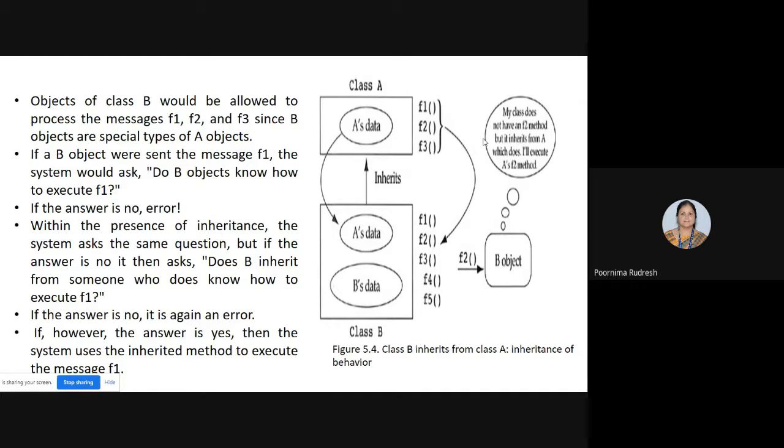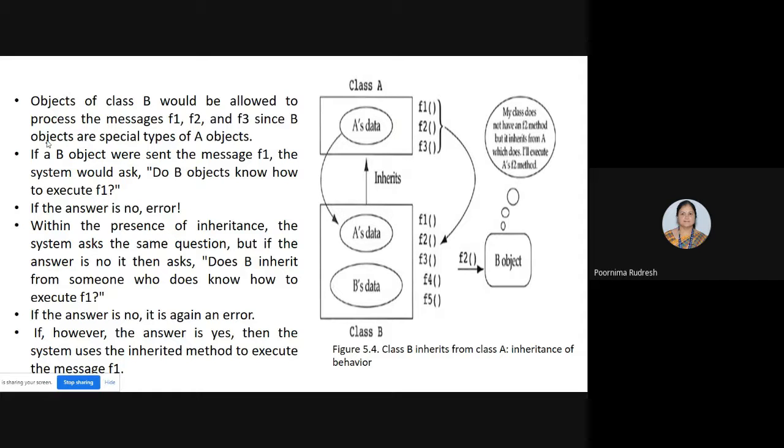Then there is no inheritance property, because if B doesn't know how to execute F1, then it leads to an error. Then there is no inheritance between class A and class B. Right. If B's object knows how to execute the function F1, then we say that the inheritance relationship exists between class A and class B.